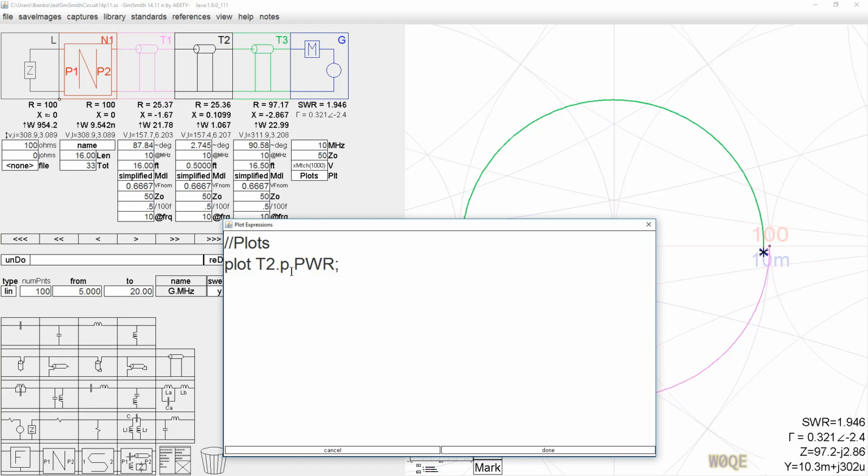The square chart in SimSmith has 2 axes that are already defined when you start off. The power axis is on the left. The SWR axis is on the right on the square chart, and then there are 2 other axes that you can name as you wish and put whatever you want on them. And we'll put on,